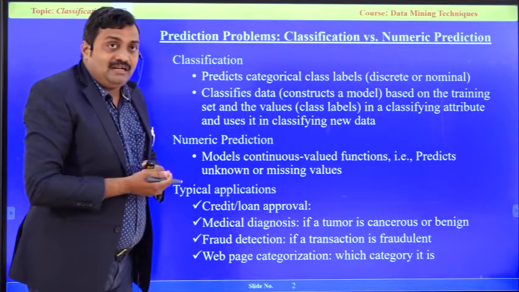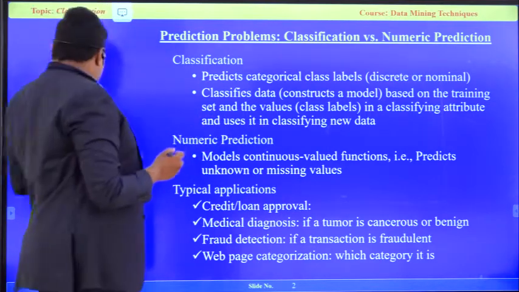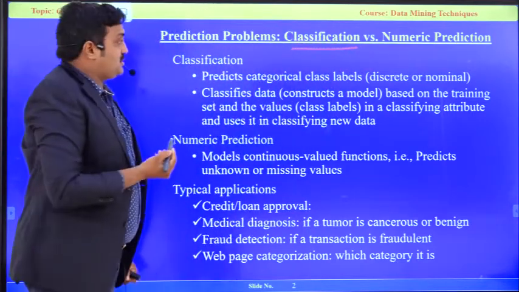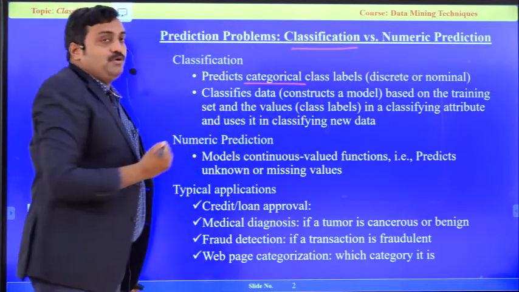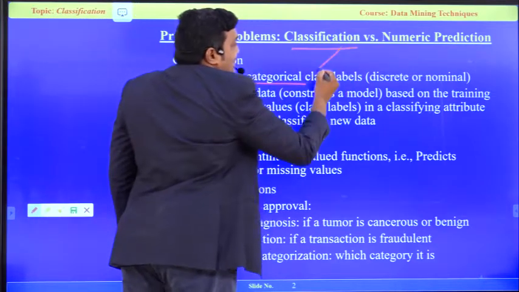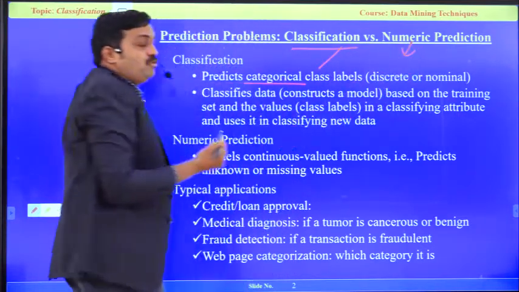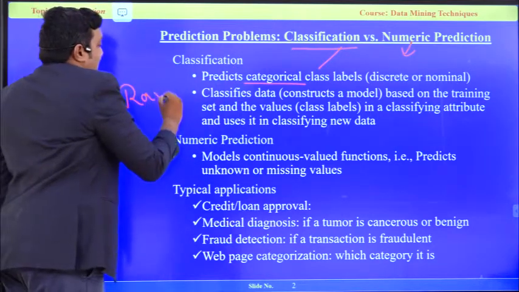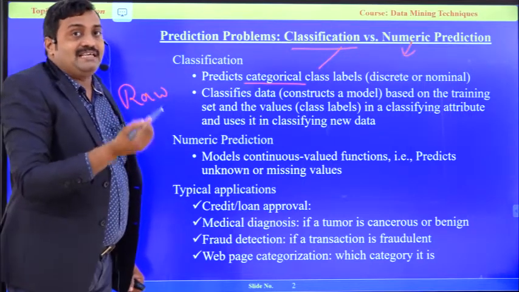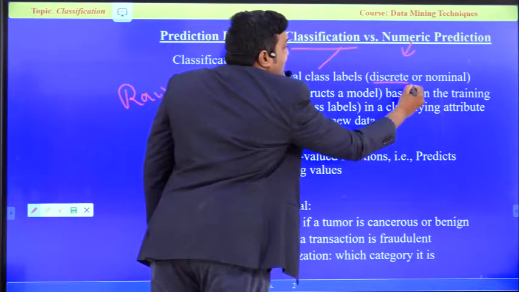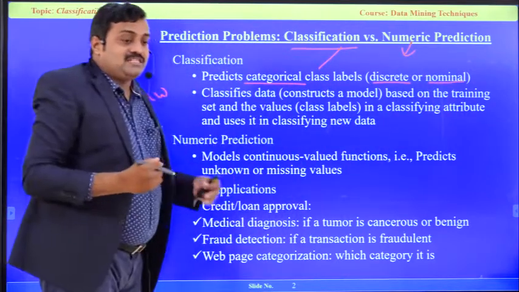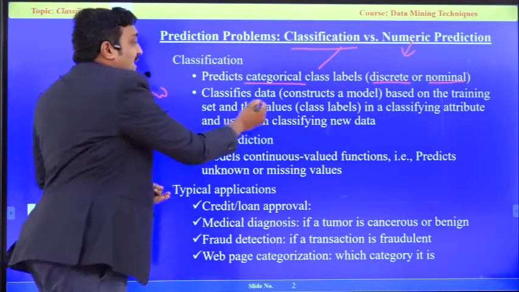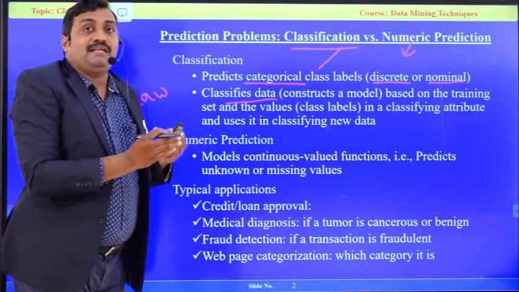Similarly, whenever we receive data having various features or attributes, we should categorize those attributes based on what class it is. We receive the raw data and we have to identify what class it is, based on the type of data, whether discrete or nominal. Whenever the data is discrete type, what should we do? Whenever it is nominal type, what should we do? We need to classify the data based on the properties of an attribute.